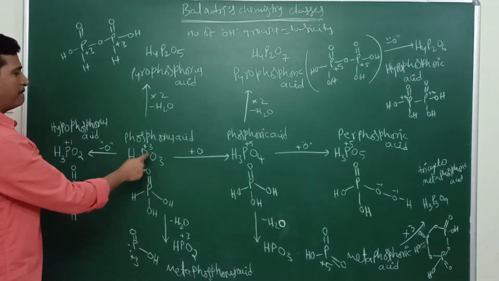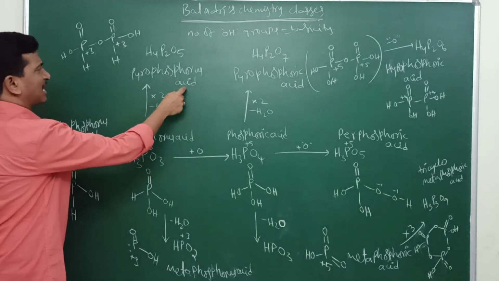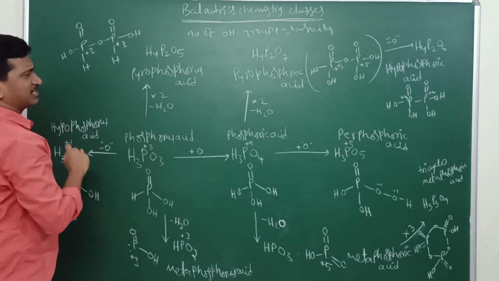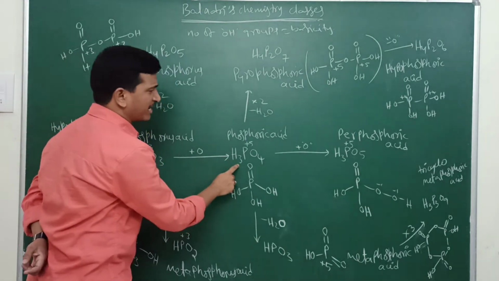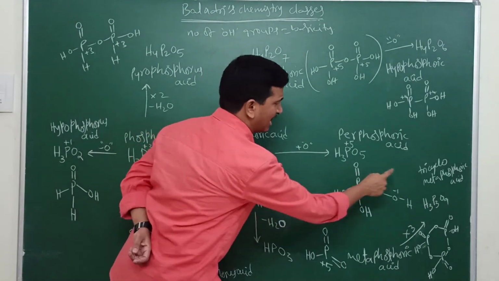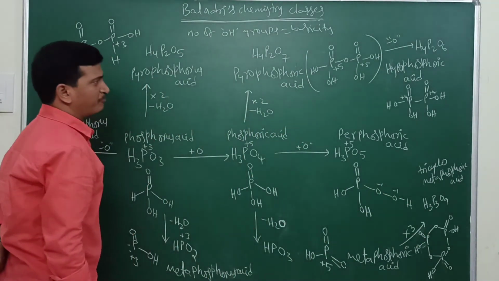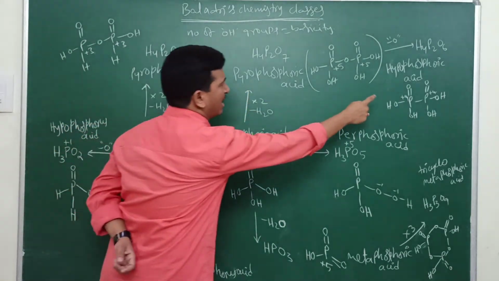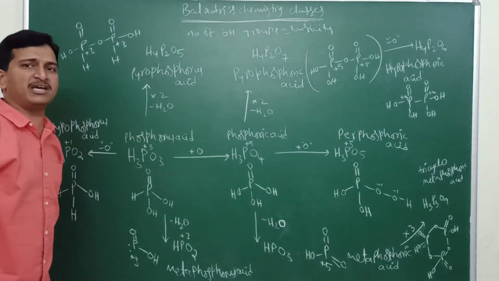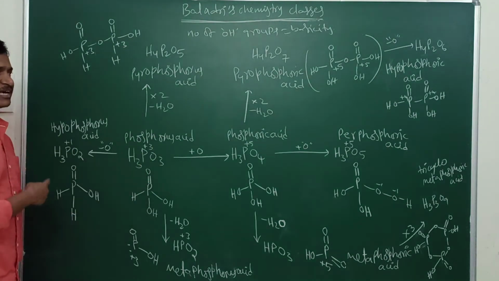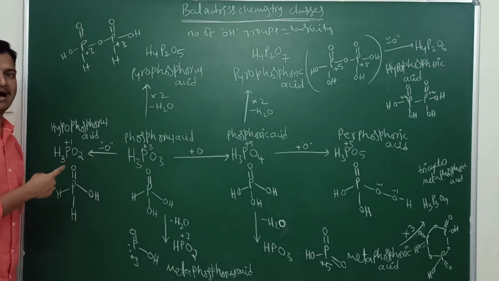Now come to here, phosphorus acid and hypophosphoric acid. These 2 are dibasic acids. Now phosphoric acid, perphosphoric acid and tricyclometaphosphoric acid have basicity 3. Now pyrophosphoric acid and hypophosphoric acid have basicity 4. Like that we can easily construct all the phosphorus oxyacids.